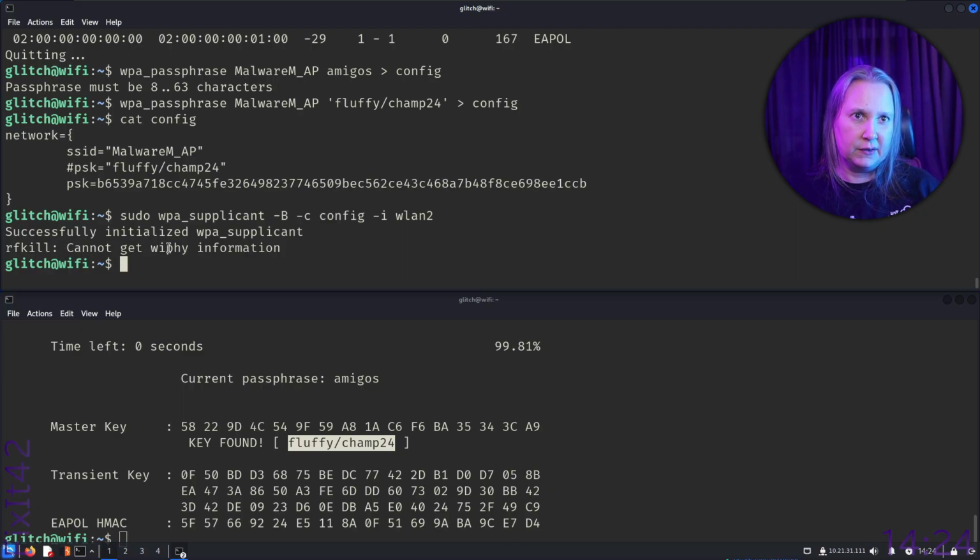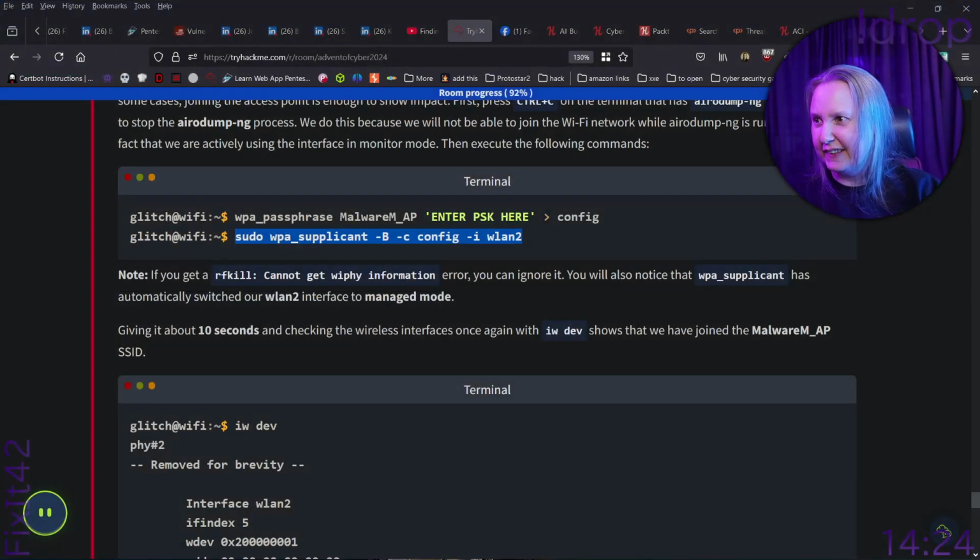Cannot get Wi-Fi information. Let's see here. Note, if you get RF kill cannot get Wi-Fi, you can ignore it. You will also notice that VPI supplicant has automatically switched our VLAN. Yeah, because I thought so. It will probably switch it back to managed mode. So, giving us about 10 seconds, and checking the wireless interfaces once again with IVDev shows that we have joined